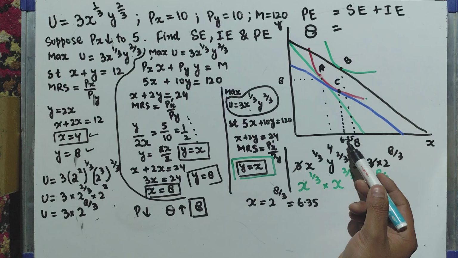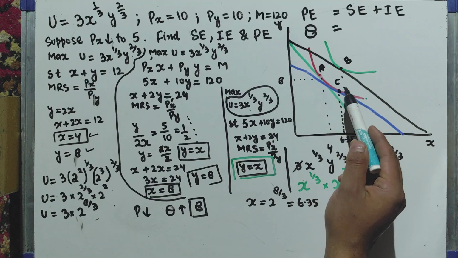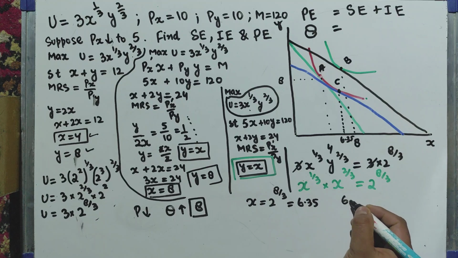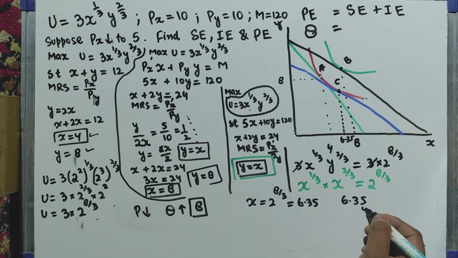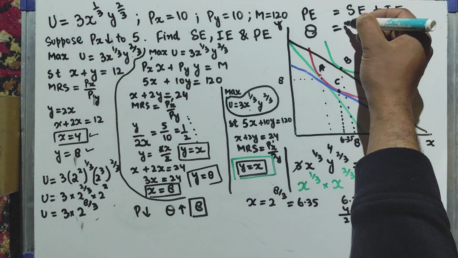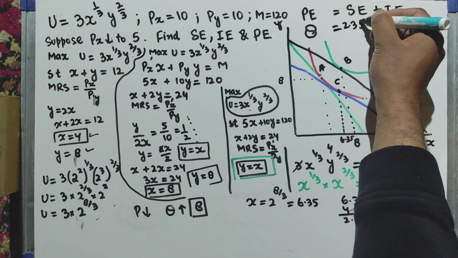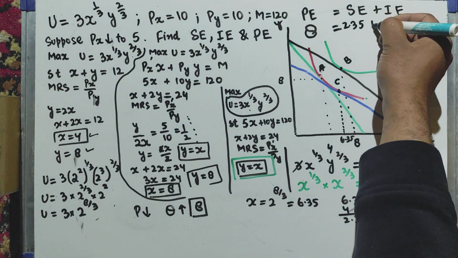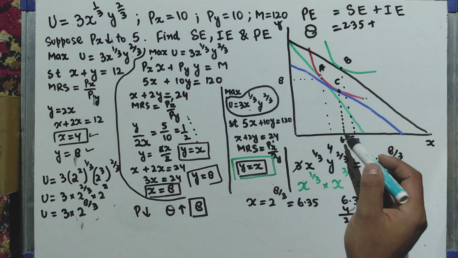Here we can calculate the movement from A to C denotes the substitution effect, that is 6.35 minus 4. So we will get 2.35. So 2.35 units of quantity demanded is due to the substitution effect,